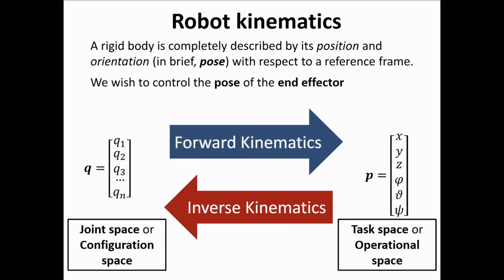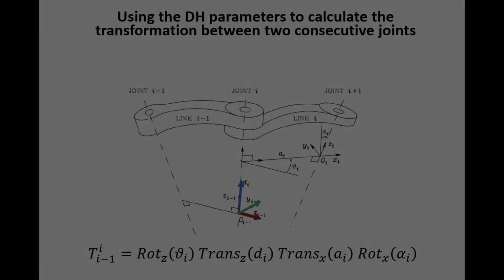The first step we took is calculating the forward kinematics of the robot. Forward kinematics is when you use joint angles in joint space to determine the position and orientation of the end effector in task space. Calculating the forward kinematics is often done according to the Denavit-Hartenberg convention, where frames of reference